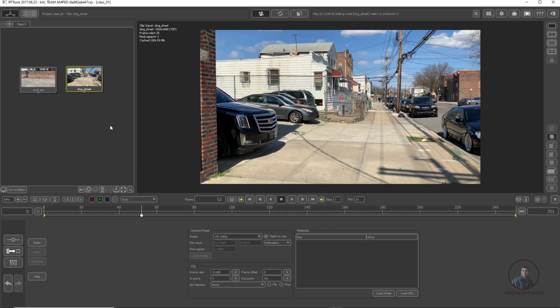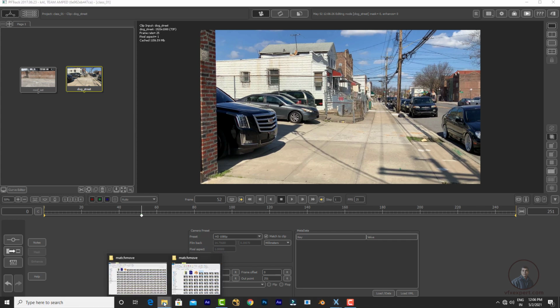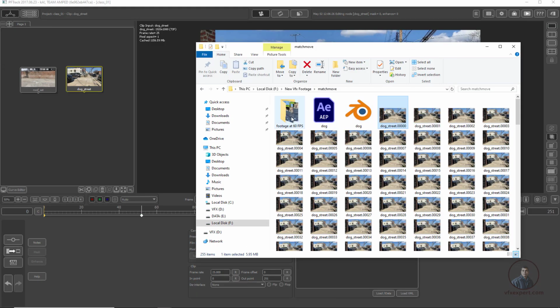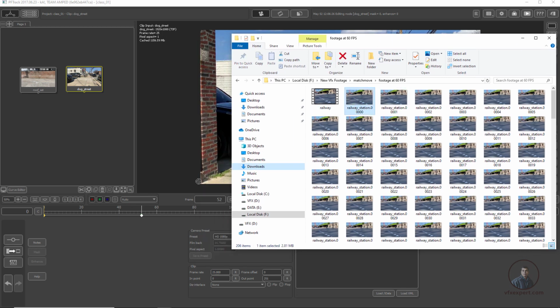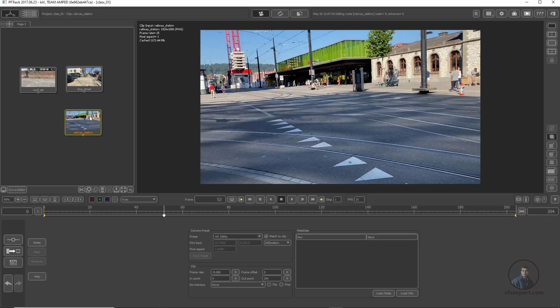Now I am going to import one more footage which I have exported at 60 fps. Come here in this same folder. You can see this footage I have exported at 60 fps. While you import this footage, drag and drop and double click here, it's showing 25 fps. If you want, according to your requirement before tracking, you can change this frame rate. Because I exported this at 60 fps, if you want to track your shot at 60 fps, you can change it from here. Simply define 60 fps, then press enter.